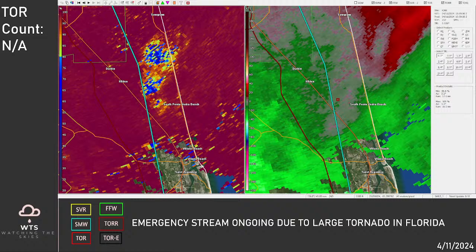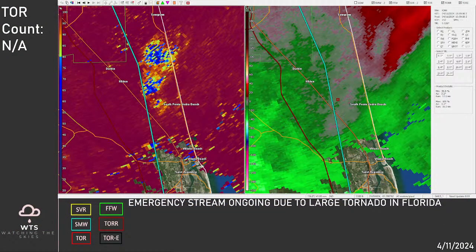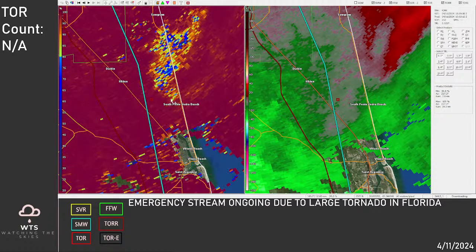I'm going to quickly show you the debris that we had from someone else, because I couldn't share mine. That is the debris that we're seeing. Basically, we're taking a cross slice of the atmosphere as it goes up in height, and you can see that debris tracker displayed there, and you can see where all those greens and blues are at. That forms kind of the shape here, and you can see that's where all the debris is being traveled and lofted up into the atmosphere. And as you can see, that is being lofted up to 10,000 feet in the air. You can use that as a way to take a guess on how strong a tornado could be, as well as